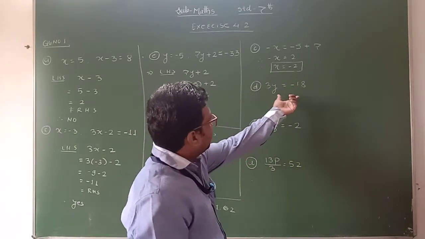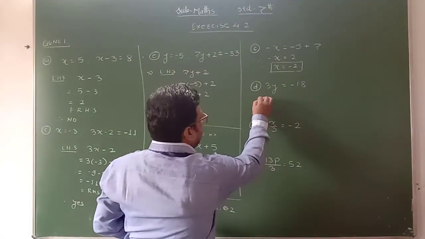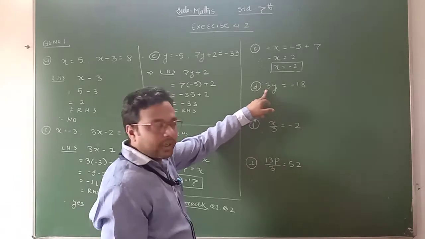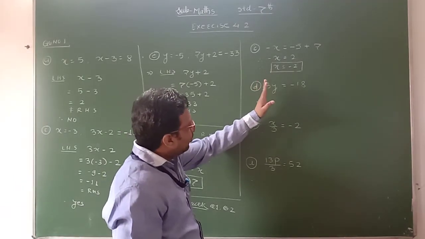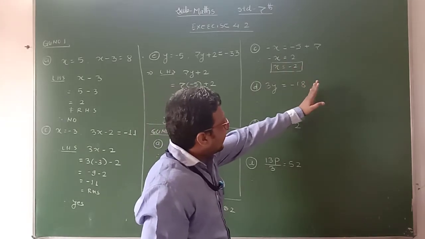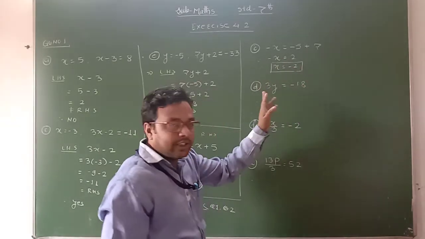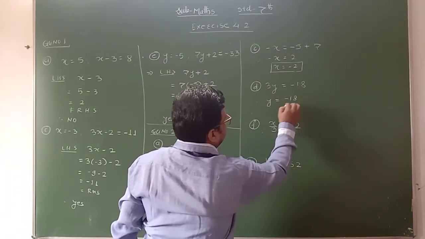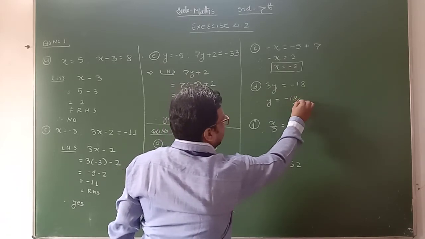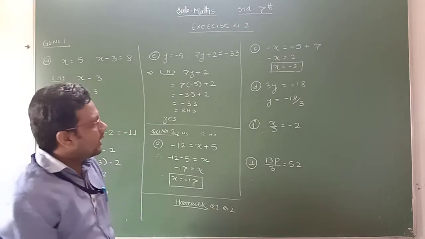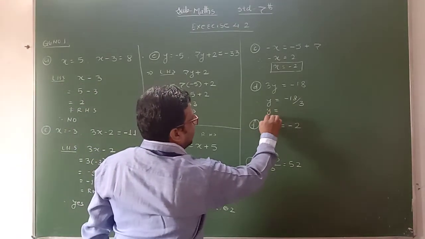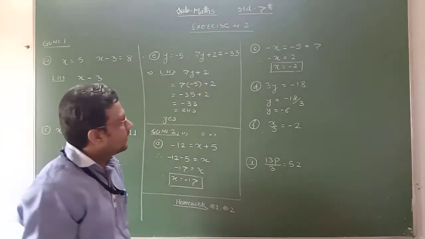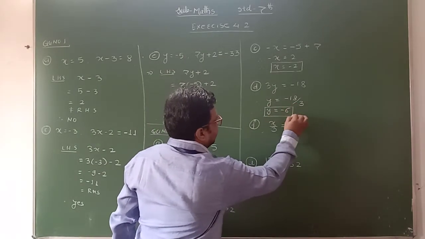Equation is given 3y is equal to minus 18. Okay. Now with this variable, 3 is there, which is in multiplication. If you have to transfer this 3 to the right hand side of the equal sign, it is in multiplication, then it will come in division. Therefore here we write y is equal to minus 18. It is in multiplication. If we transfer, it will come in division. Minus 18 upon 3, here we get y is equal to minus 18 upon 3. That is 6 3s are 18, minus 6 is the answer. Okay. This is the required answer of this equation.